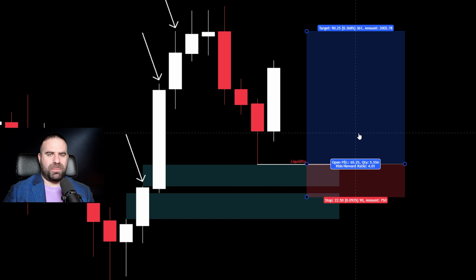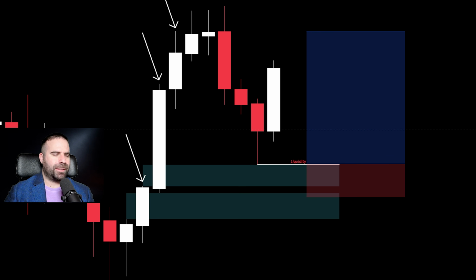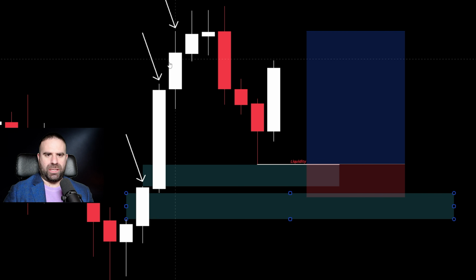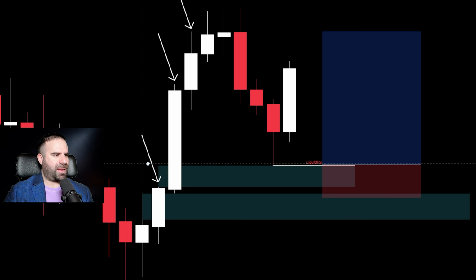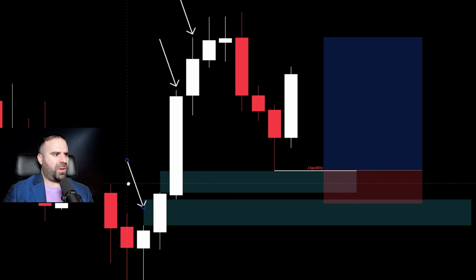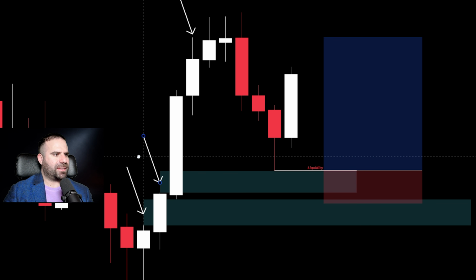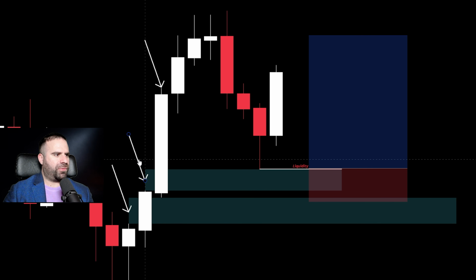Now, this doesn't mean that this is gonna hold, but there is a second fair value gap down there. I'm looking at it right now. If I go ahead and extend this area, there is a second fair value gap that is created from these 3 candlesticks, 1, 2, and 3. So 1, 2, 3. This gap is untested. This is your fair value gap.